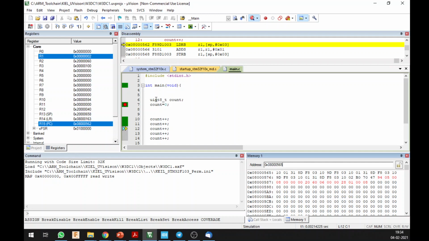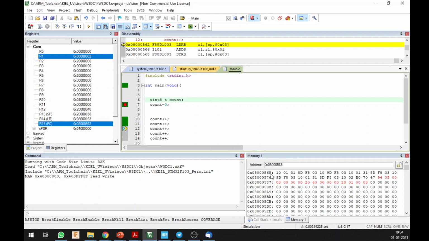But if you want to store something which is a 32-bit variable, so let's say you have uint32_t, then in that case you will have to occupy 4 bytes, right? And in that case, it is going to put the lowest of those 4 bytes at the lowest memory address. So if you have a variable inside a uint32_t, it is going to store the smallest byte, which is bits 0 through 7, in the lowest location.